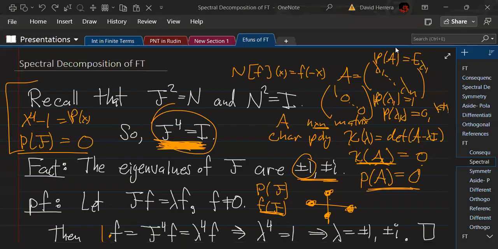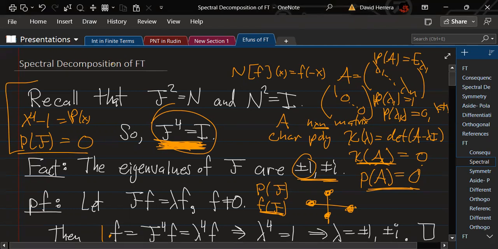So this video is a part of a series on the eigenfunctions of the Fourier transform. In the first video we talked about an introduction to the Fourier transform and some symmetry properties. In the next one we did more symmetry properties. In the previous one we talked about the spectral decomposition of the Fourier transform, which was filled with a